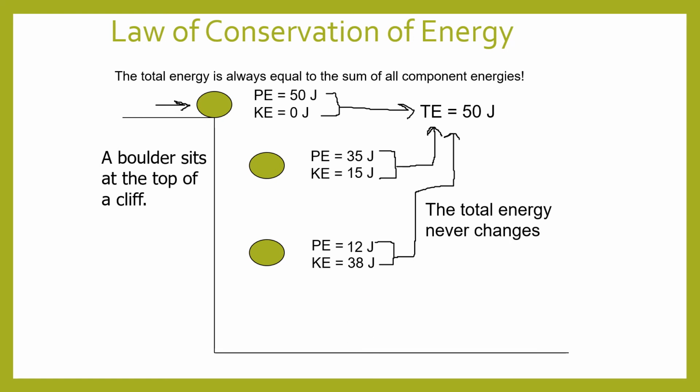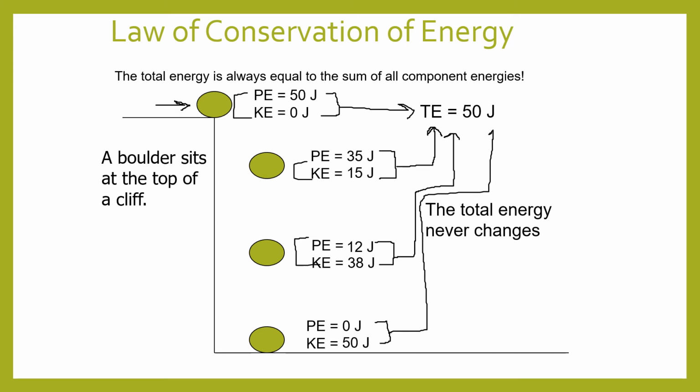There you go. Every spot has the same total energy, 50. Now, let's just say it's about to hit the ground, so its height is 0. What's its kinetic energy? 50, because it's got the same total energy. But here's the question, and this is where students get mixed up. They're like, but wait, how does it have 50 joules of kinetic energy if it's hitting the ground? So where does the energy go when it hits the ground?